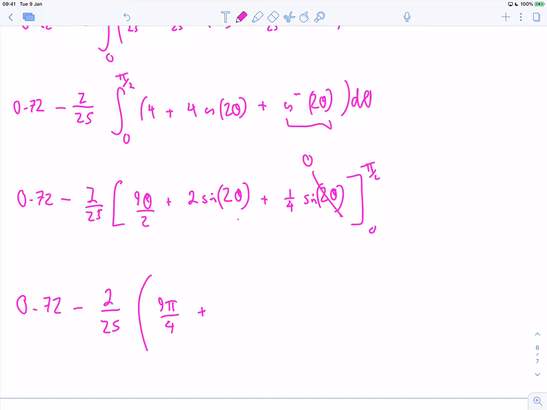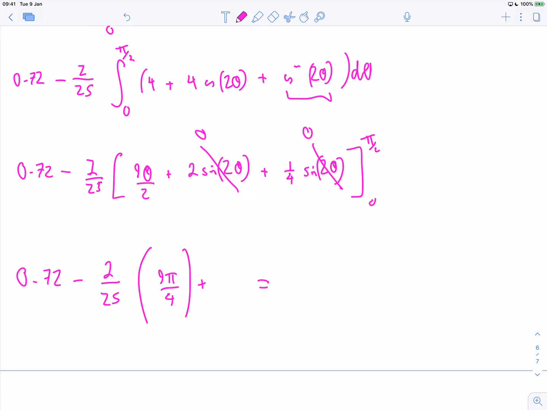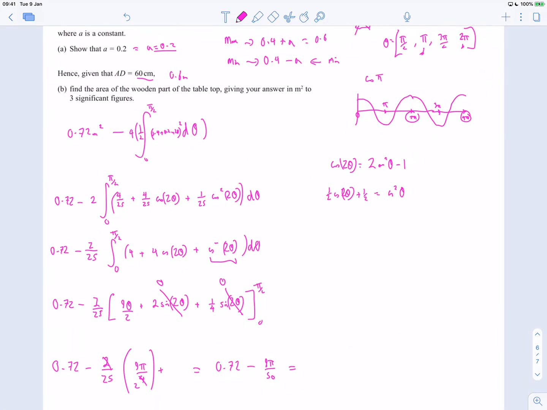Sine of pi is 0, so actually these terms disappear entirely. So the answer is actually 0.72 minus 2, well the 2 and the 4 can cancel, so I've actually got 9 pi over 50. And I believe the question wanted it to 3 significant figures, so 0.72 minus 9 pi over 50. So to 3 significant figures, I make that